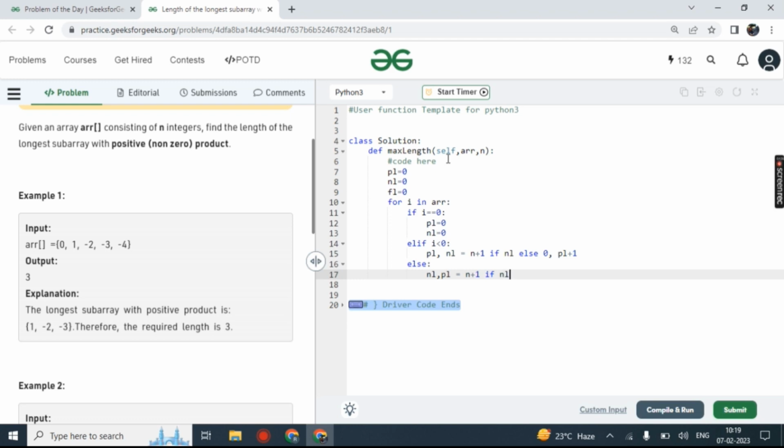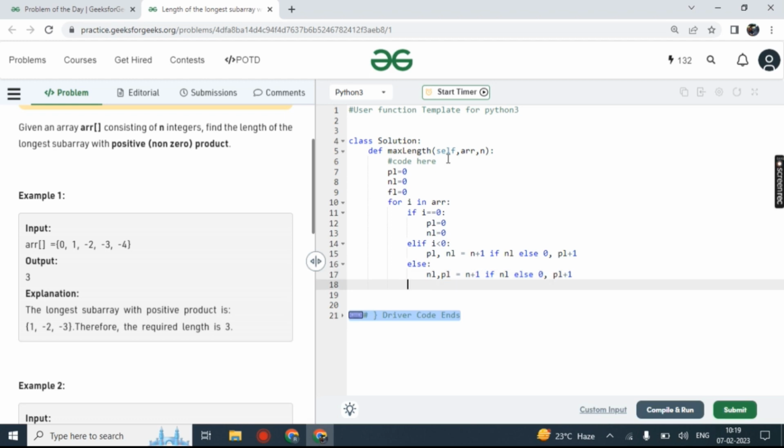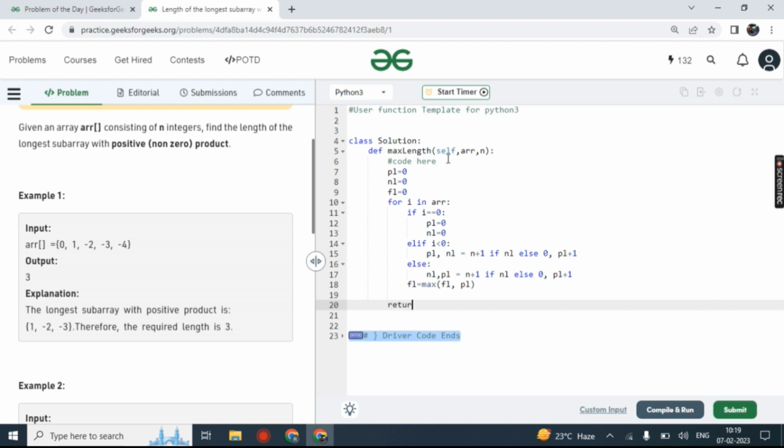So in this case also we check nl, and if nl is anything, then we increase the value of nl, else we make it 0, and positive length will definitely increase by 1. Now what should the final length be? It should be the maximum of whatever final length we already have and the positive length which we have at this point. And finally we'll return the final length.